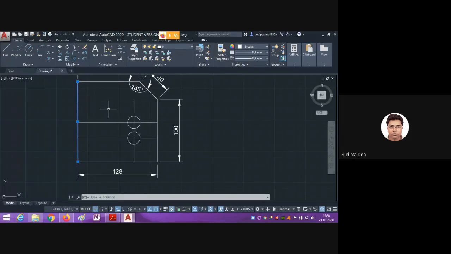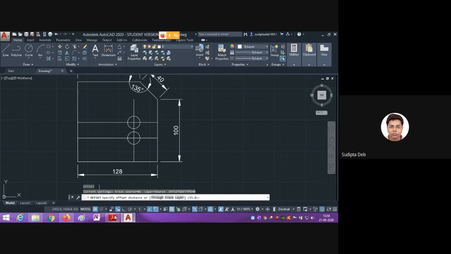Maybe there is a fraction we are missing, but you are doing your first assignment in AutoCAD. That's why I am considering that this is not inclined, it is vertical. Okay, vertical. Now let me again take the offset command, O enter, select distance.